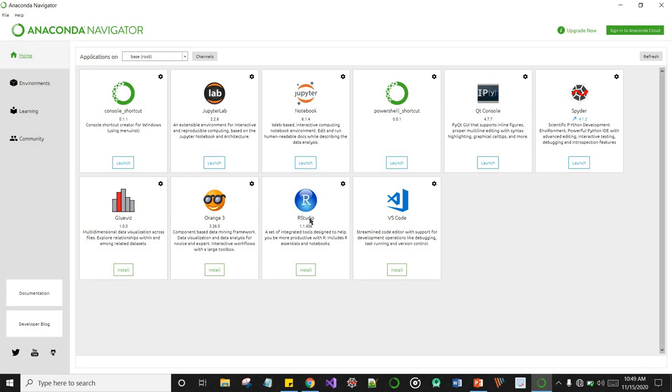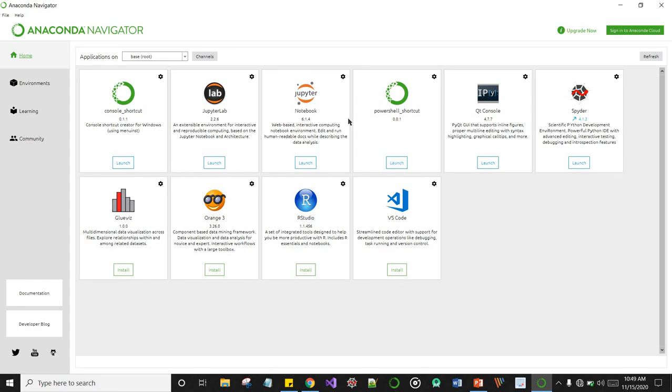For the R programmers, there's RStudio if you are interested in programming in R. Orange is used for data mining, and Glueviz is for multidimensional data visualization. For people that write code using VS Code developed by Microsoft, you might want to install the environment.